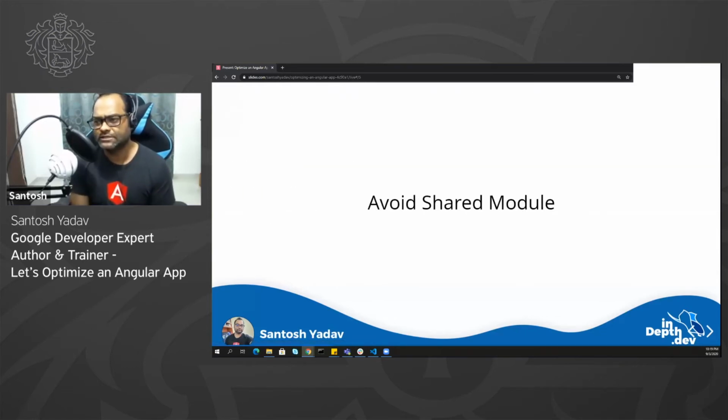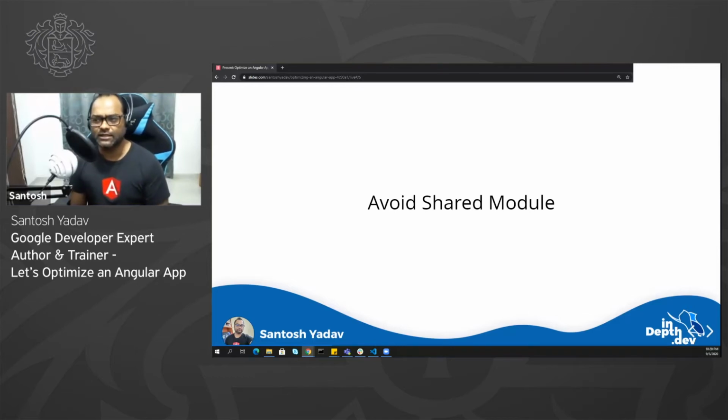The next thing I did was an experiment which I tried in my application. We had two huge shared modules actually. One was related to Material. I'm sure you might have seen the Angular Material code, and you can see there is a file where you have all the modules imported into a single file. So that was one, and another one was where we used to import and register all the different components which we had in our application, and then we were using that shared module everywhere.